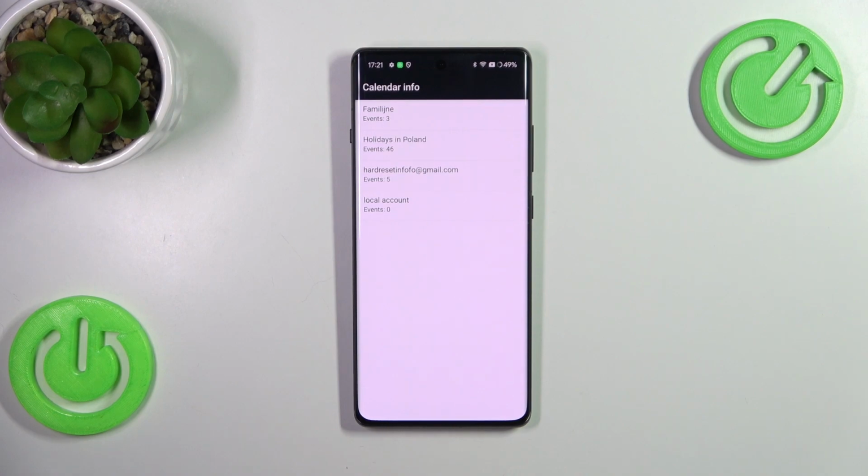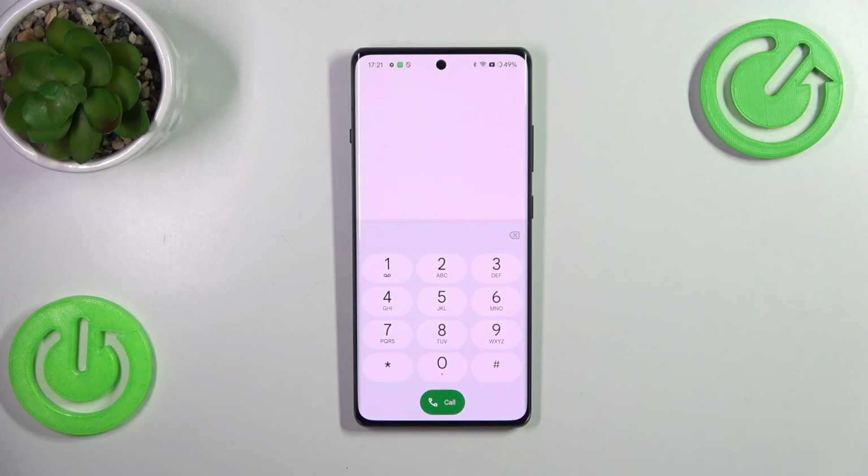We can check some family events, some holidays in your country should also appear right here, or events attached to your mail. So this is the best place to check the events because here they're grouped into particular sections. Let's go back and let me show you another code which will open the software information about this device. So it is